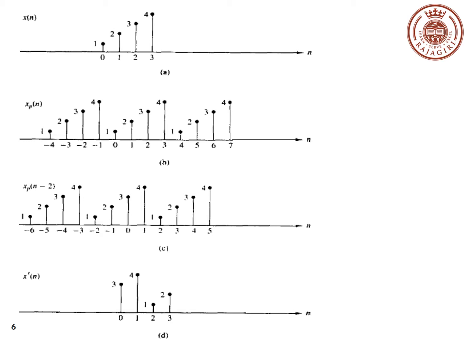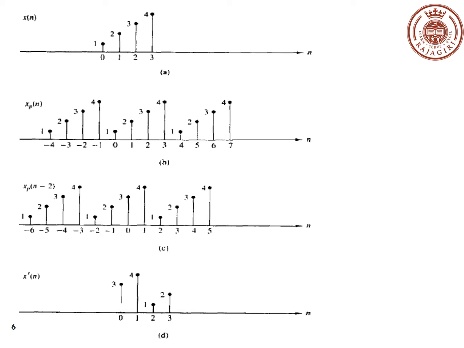Okay, and it's repeating. Now what we do is we are going to delay this periodic signal by a value of 2. So the k in the previous slide is 2 here. So instead of starting from 0, the signal now starts from 2. So you can see that you have the signal starting from 2. Okay, and at 1 it goes to 3, 2 goes to 4, 3 goes to 5, and so on. So the whole signal gets delayed by 2 units.